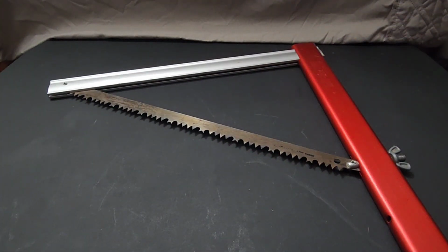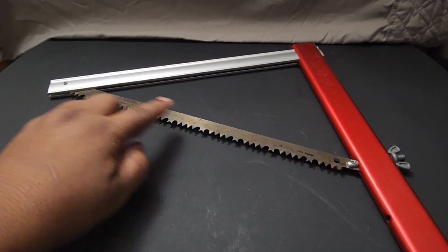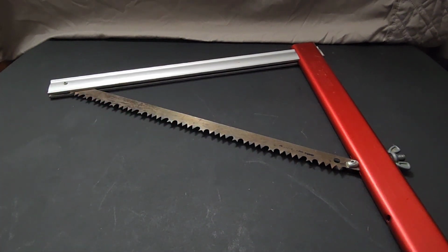All right. And like I said, the blade is 15 inches. And what you would use this saw for, guys, would be medium to large branches or medium to large pieces of wood. Something that you couldn't do with the Eversaw. Now,